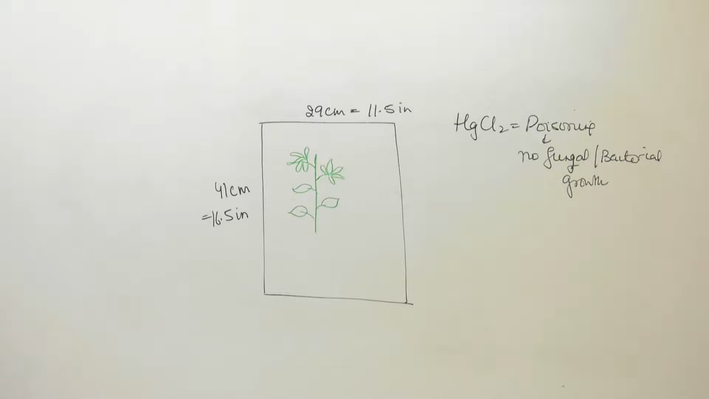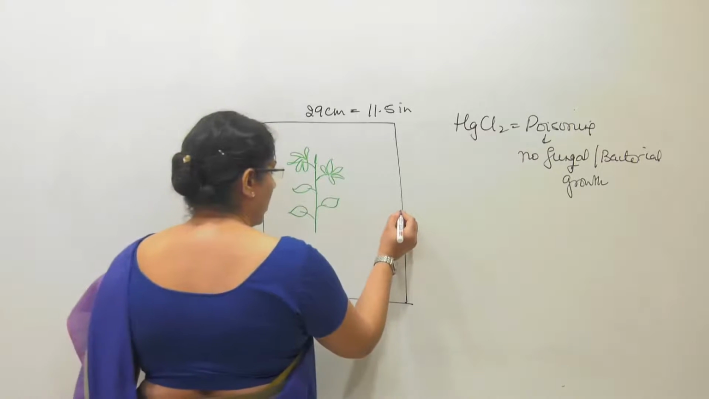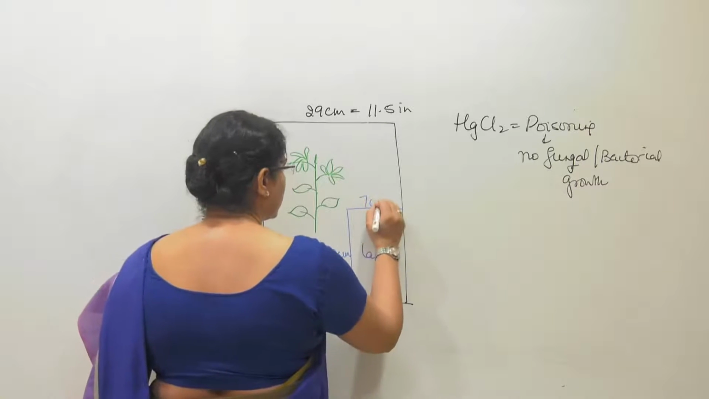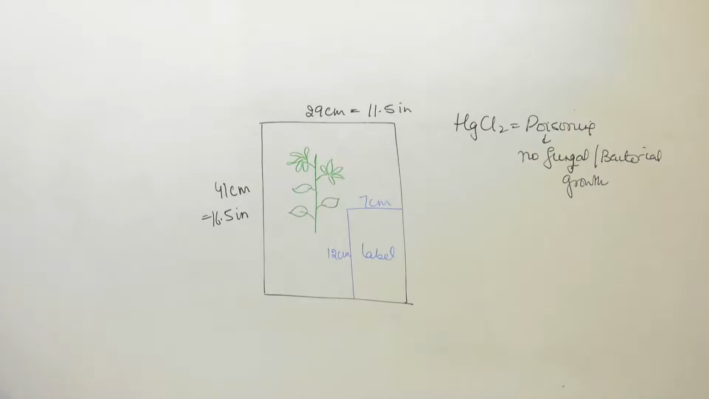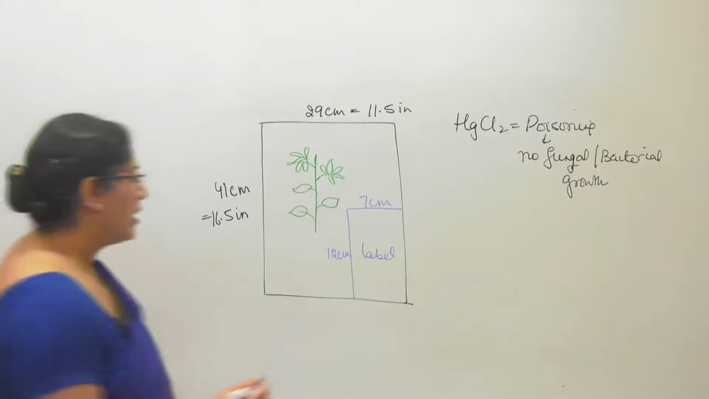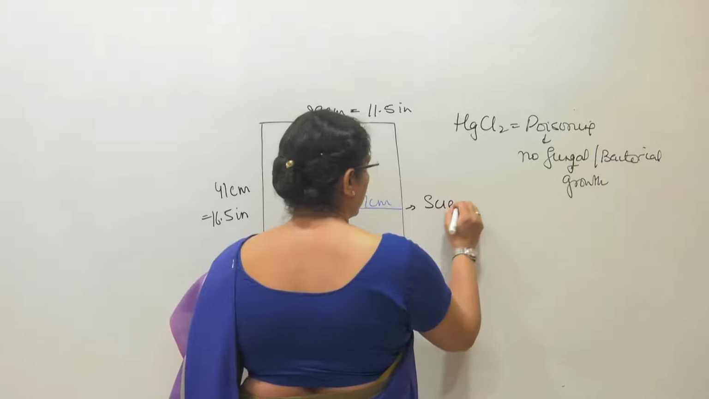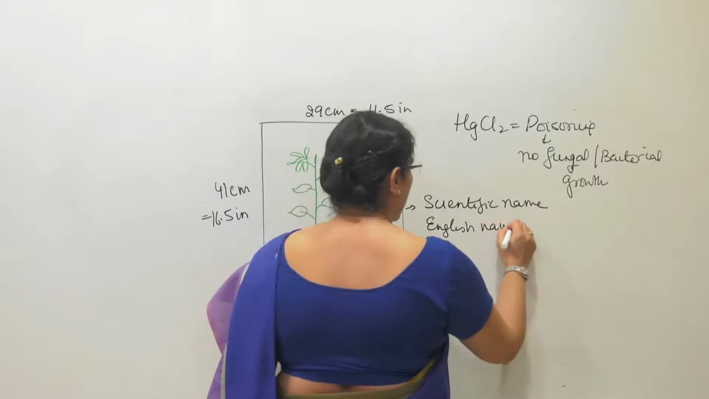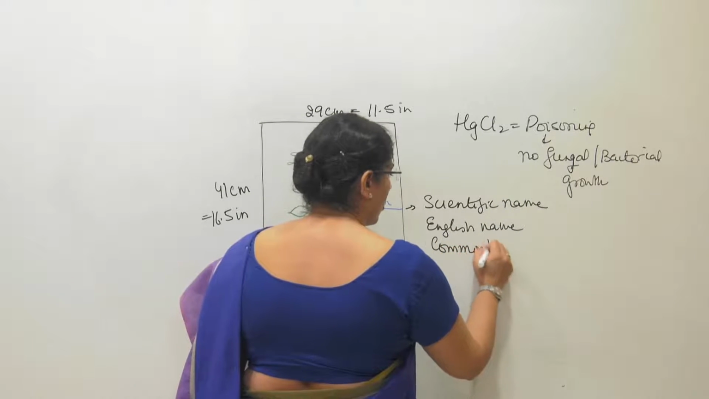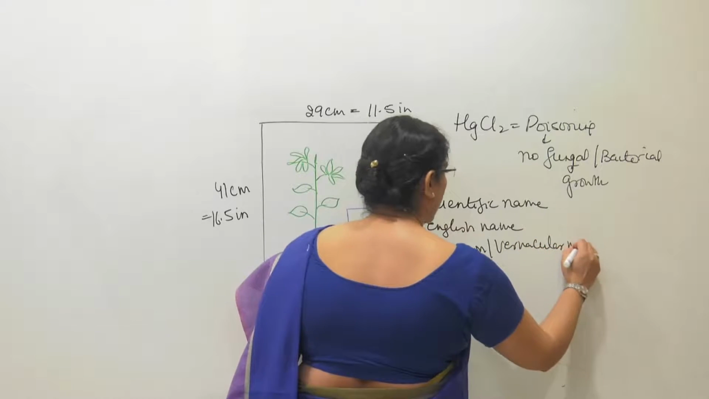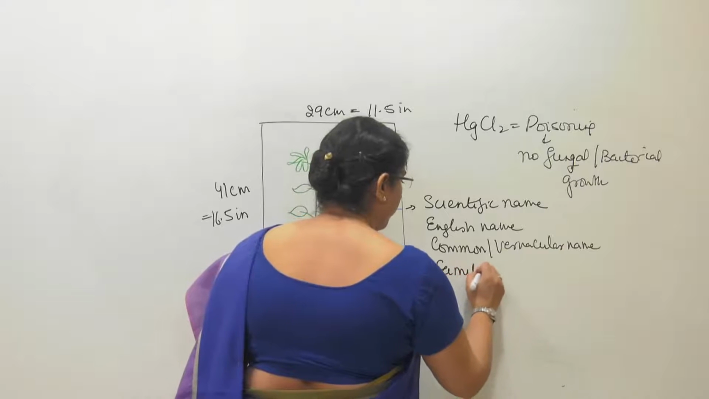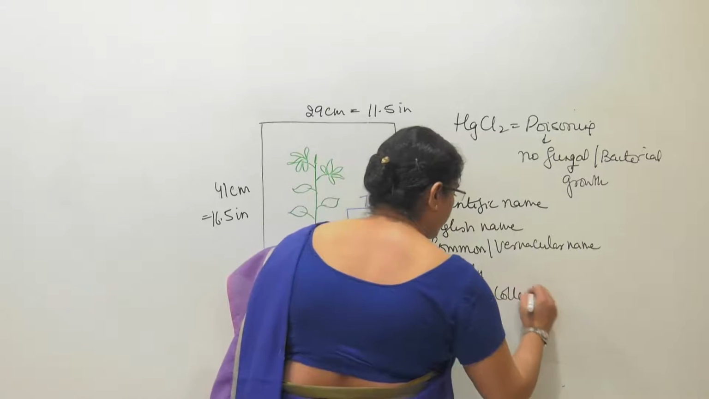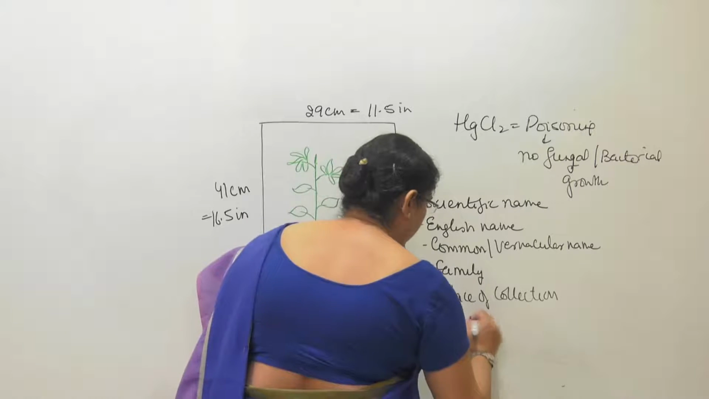In the corner we are going to put a label of size 12 centimeters by 7 centimeters. The label is going to have 7 things: scientific name, English name, common or vernacular name, name of family, place of collection, date of collection,